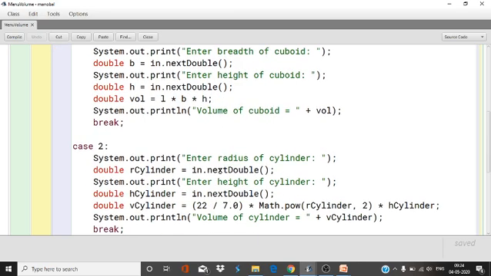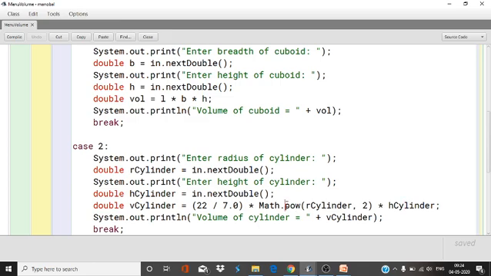Now in case 2, we have to find the volume of cylinder, so radius of cylinder and height of cylinder. Now we know the formula: 22 by 7 into r square into h, that is pi r square h.